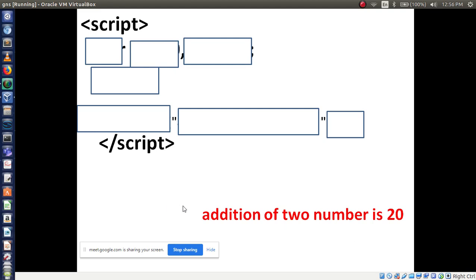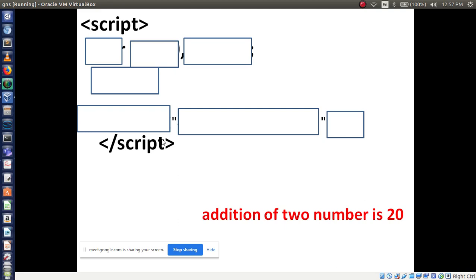To make an addition of two numbers, how many variables do we need? Sujit, 2 or 3? Yeah, 3. First we need 2 variables, then for storing the result we need another variable, right? So we have to take a total of 3 variables.